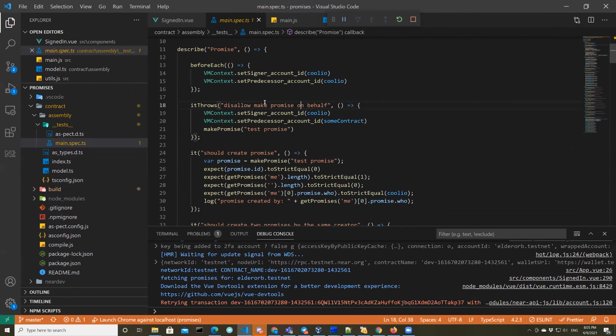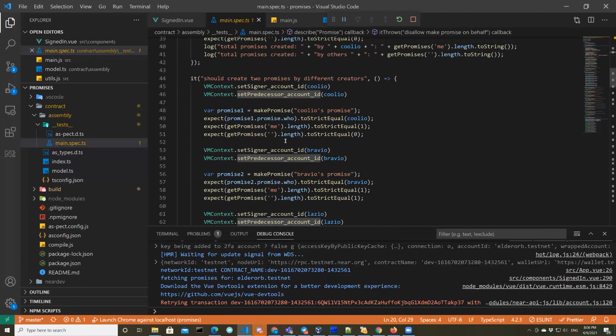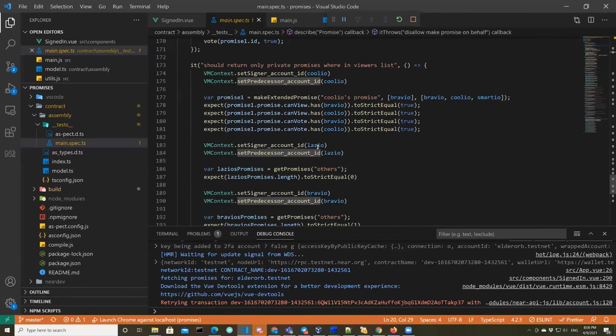I also forgot to mention that nearly each function has a check of the predecessor, and the idea is to disallow some smart contract from voting on behalf of real people. So only a real person can vote using this application. And this is exactly the test against this scenario. Actually 14 tests, not very interesting.